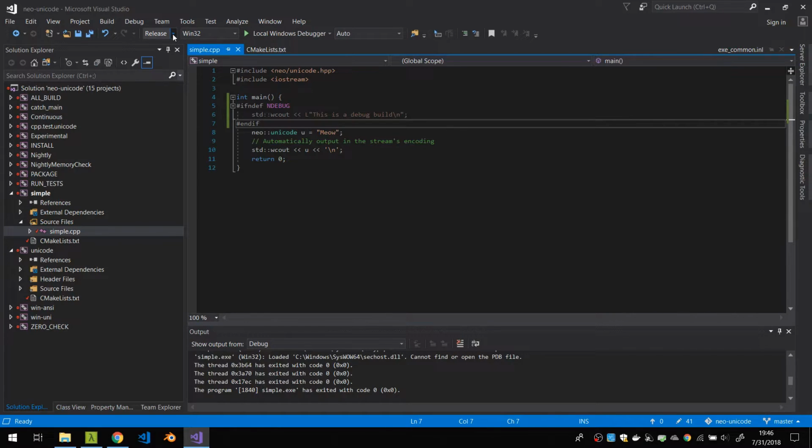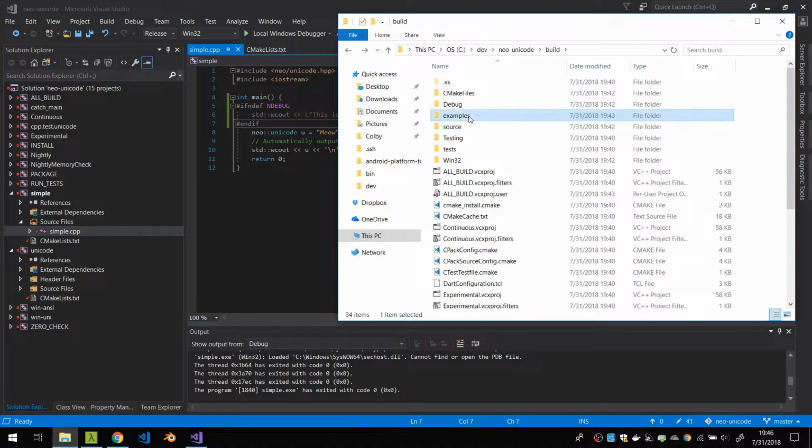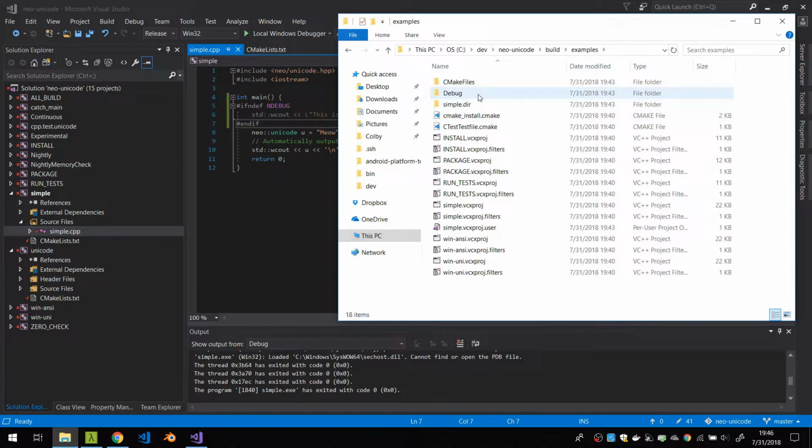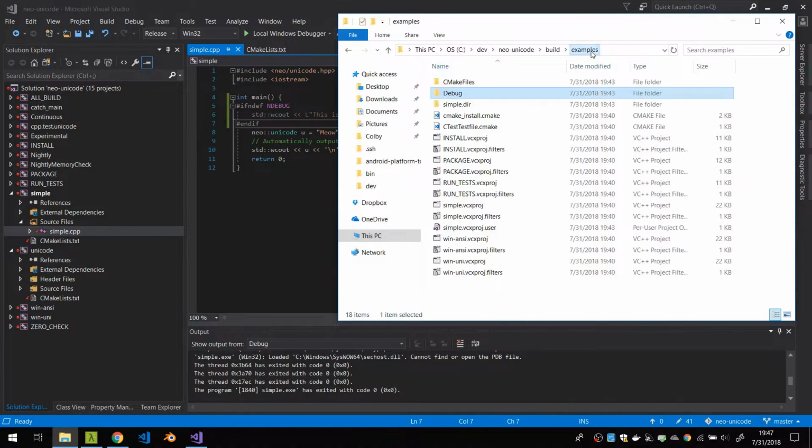If I go to the File Explorer, we'll see a directory called Examples and a subdirectory called Debug. This is where Visual Studio generated the executable that I just ran. It's generated in a subdirectory called Debug because Visual Studio allows us to build the release mode within the same